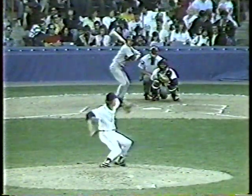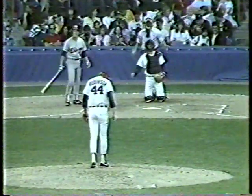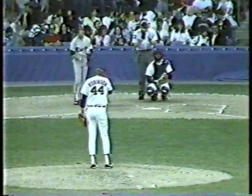Sparky Anderson wants one. He's not going to find it, I'll tell you that. 3-2 now, the count to Donnie Hill. Some publication said